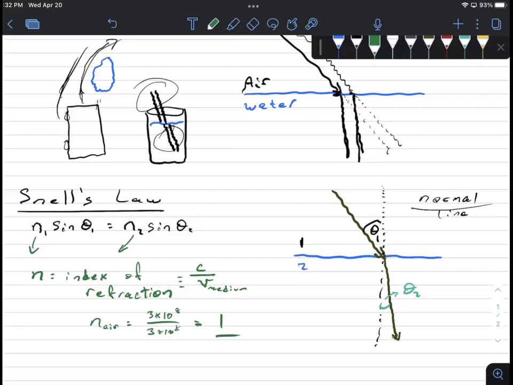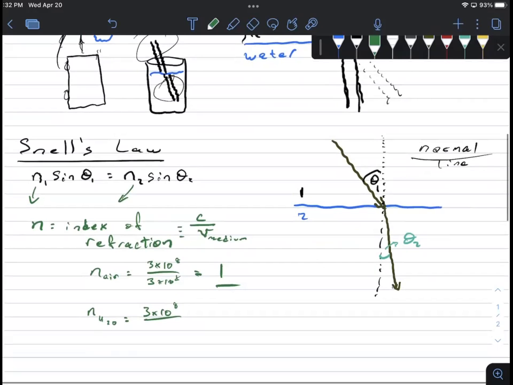But what about if we're in water? Okay, so if we're in water, then the index of refraction here, for H2O, well, that's 3 × 10⁸, the speed of light in a vacuum, divided by